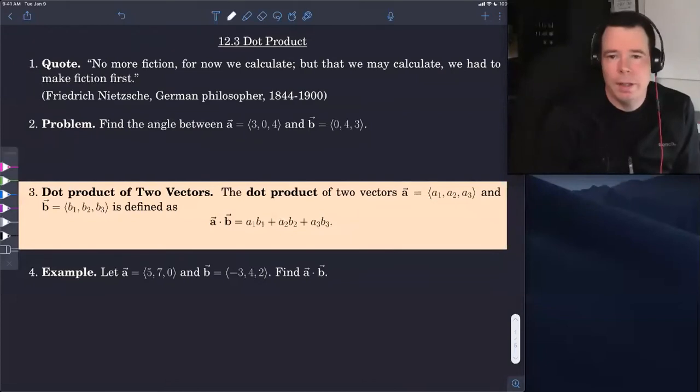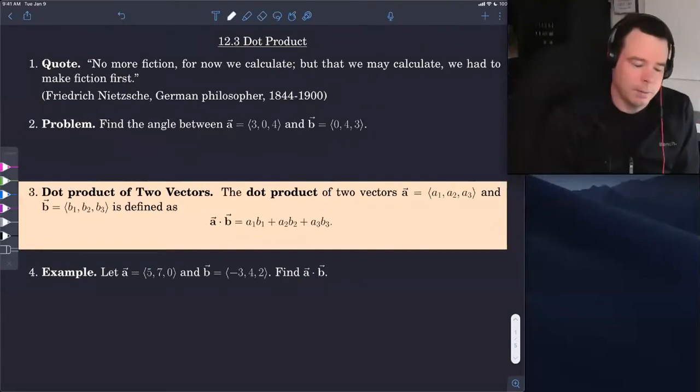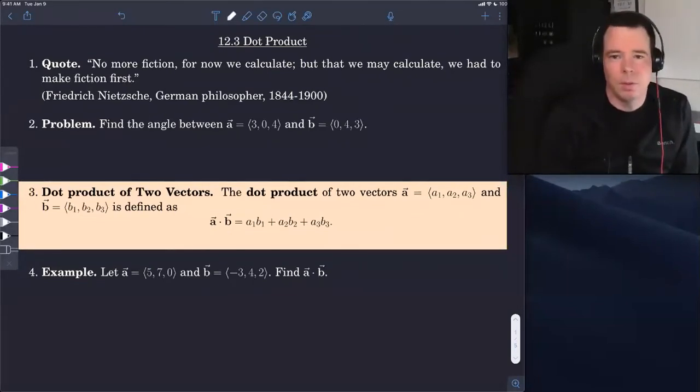What we're going to do today is continue on with our discussion of vectors, and we're going to talk about a particular kind of product on vectors. This is the dot product. Most of this discussion can translate to arbitrary dimensions for vectors. And so we're going to talk mostly about three-dimensional vectors, but you can carry on this discussion with four-dimensional, five-dimensional,